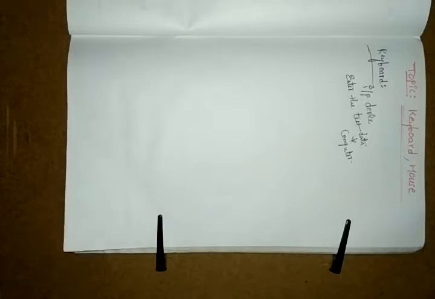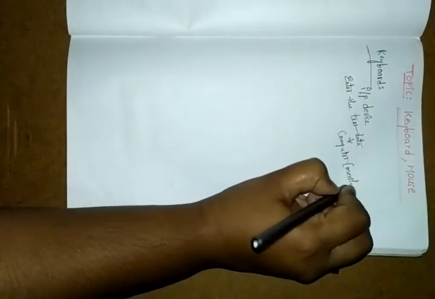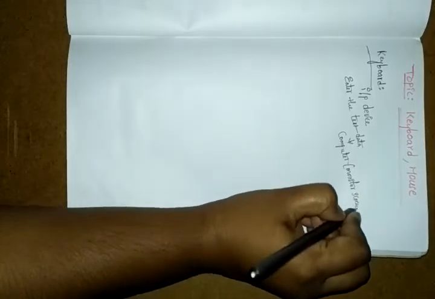Because here we are performing the saving and processing, everything, right? So mostly we use the keyboard to enter the text of what we are thinking, what we are learning, anything. What you are thinking, you can enter as text with the keyboard. What you entered will be displayed on the computer's monitor screen. So where will it be displayed? On the monitor screen. Your monitor screen is our output device, not an input device.